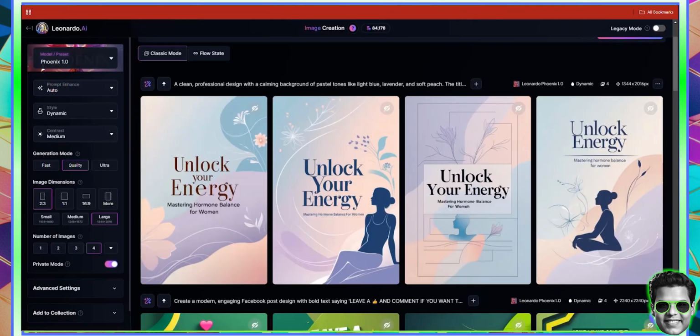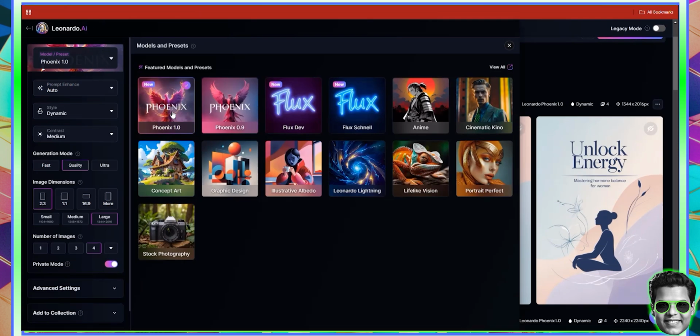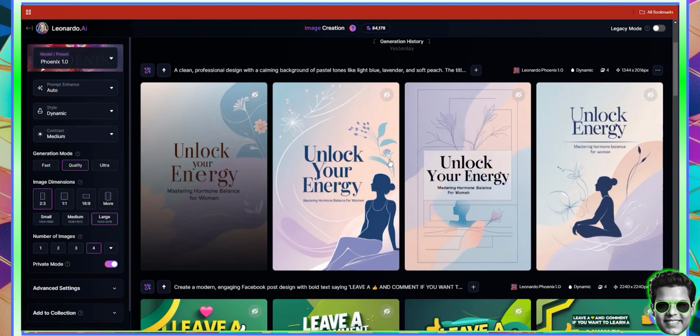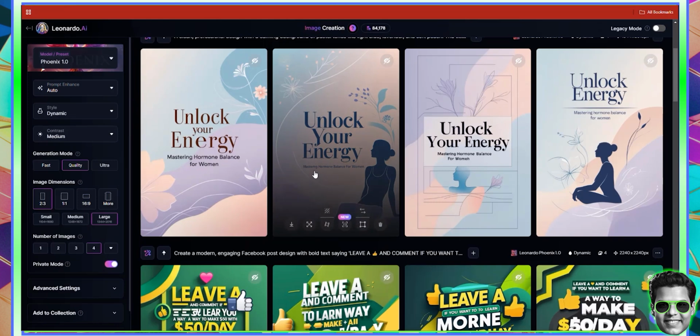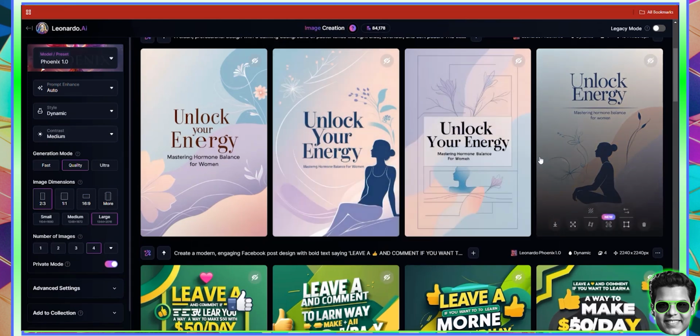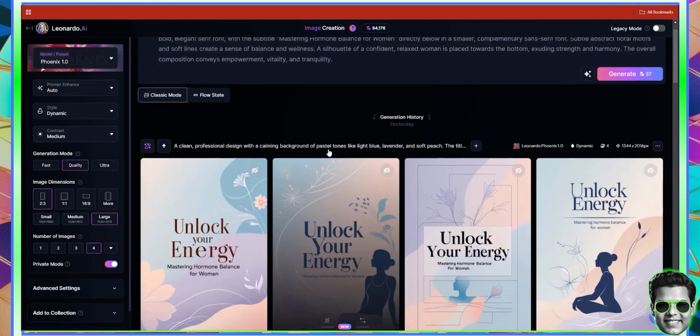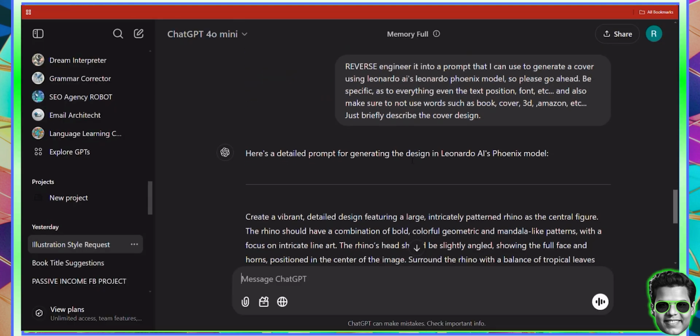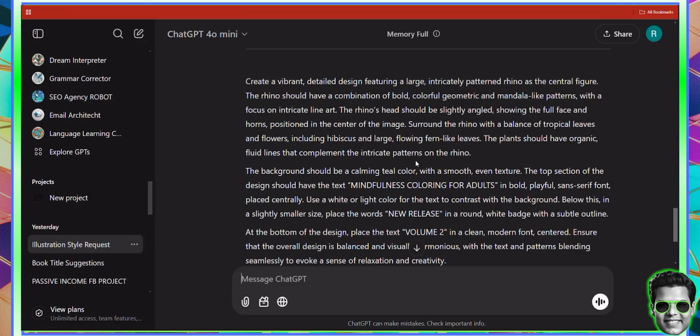I'm going to go to this tool called Leonardo, which I've introduced you to many times. And here, I'm going to select the model preset as Leonardo Phoenix 1.0. And you can already see some examples of what it can do. So for example, here, these are some covers for a hormone balance for women ebook cover. Now, I'm going to go back here, and as you can see, it kind of gave us a prompt, except